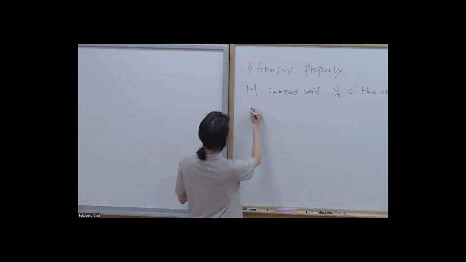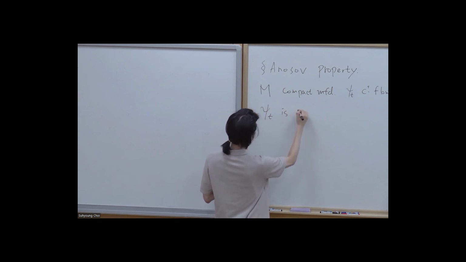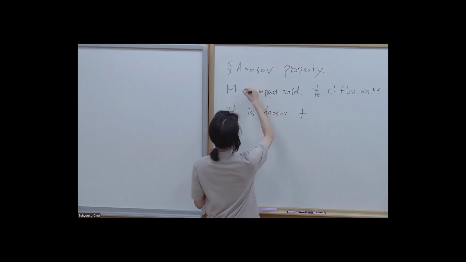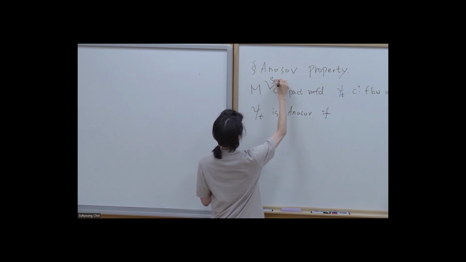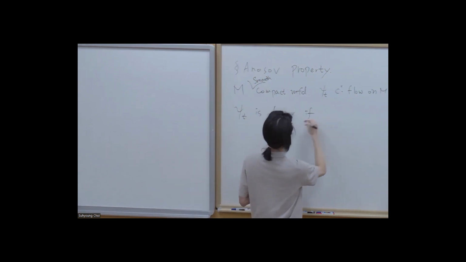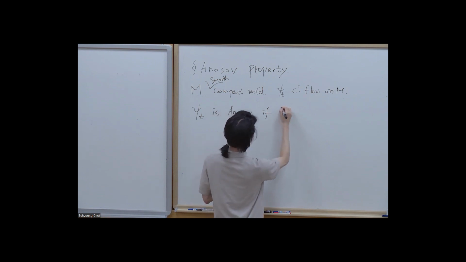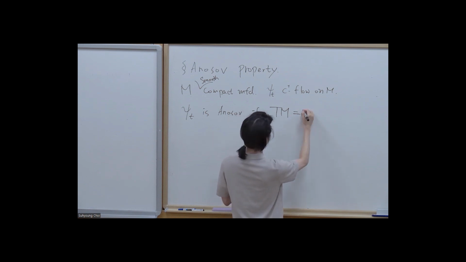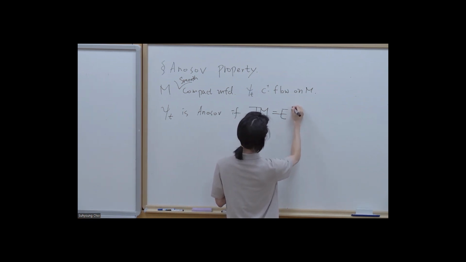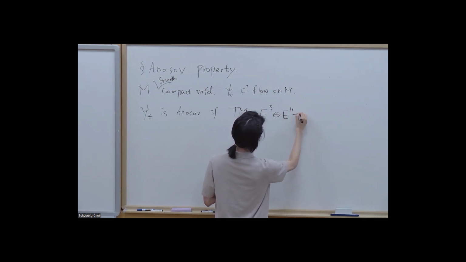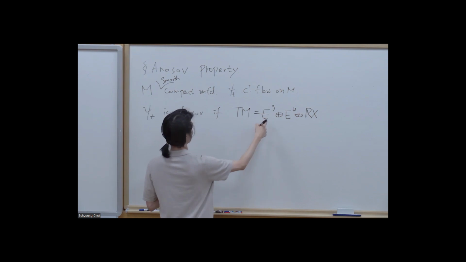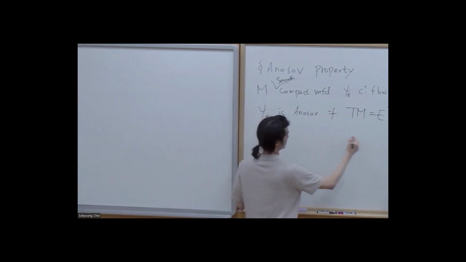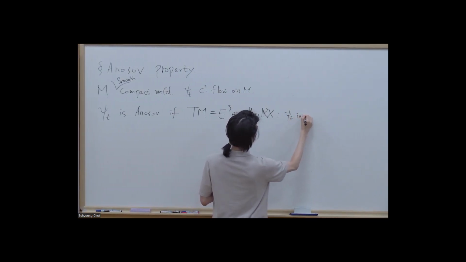And we say that this flow is Anosov if, let's say this is a smooth compact manifold, so that we can talk about its tangent bundle, this tangent bundle admits a flow-invariant splitting into three components: E^s, the stable bundle, E^u, the unstable bundle, and this is the flow direction. This is an invariant splitting,